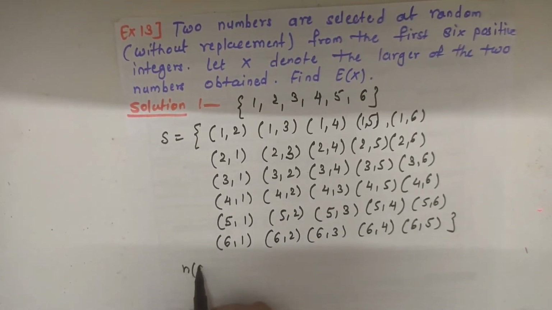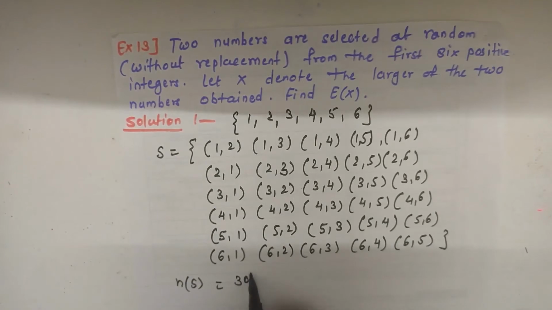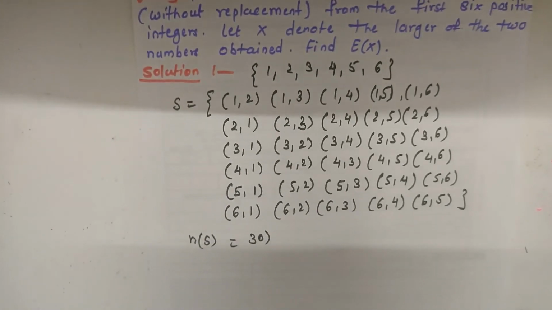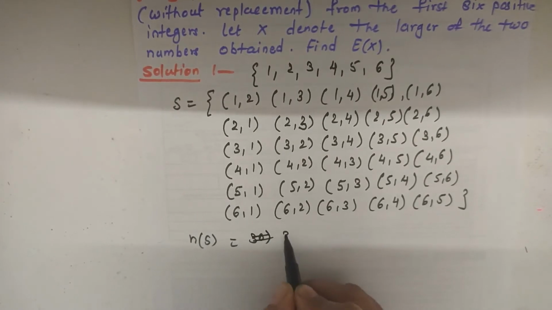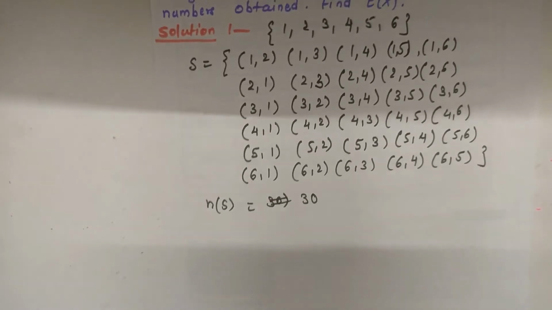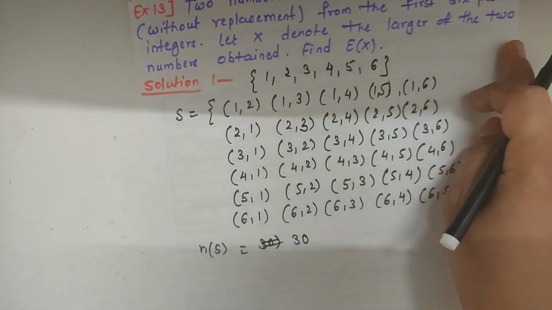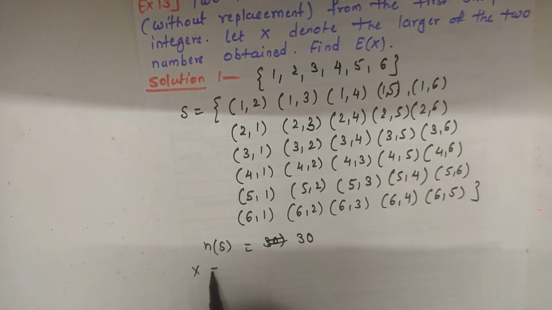So the total number of sample points n(S) is 30. Now here x denotes the larger of the two numbers of the pair. So we can write x is equal to the larger number